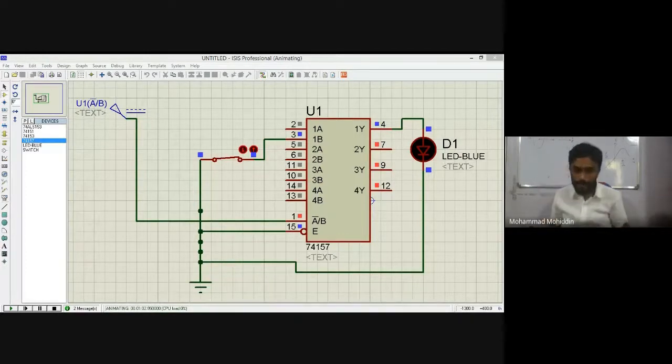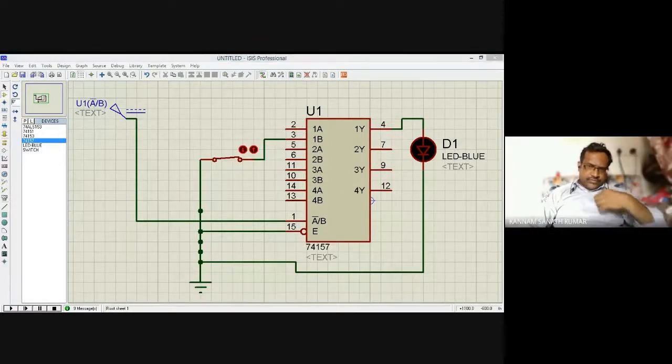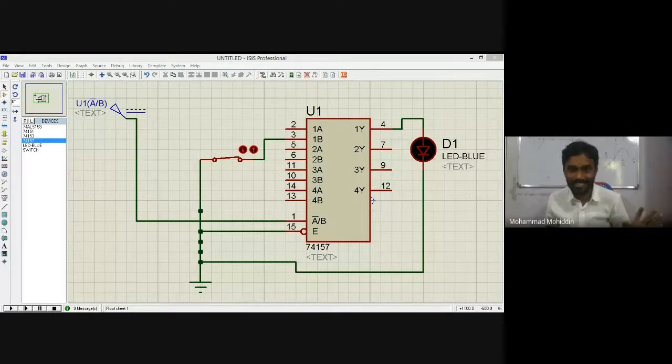Hope you understand. So all 3 discussed. Shall I discuss anything? Did anyone understand this at least? If you have theoretical concepts, almost the same points we discussed. The moment you change the selection lines, inputs will get selected and a particular output will come. Okay. So hope you enjoyed.